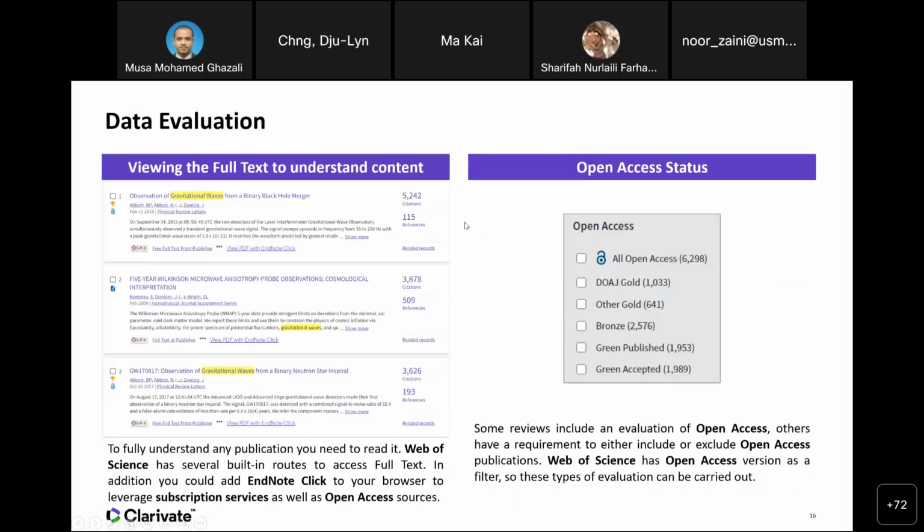So I mentioned about full text access. If there is a full text available, there is always a link to the full text from the publisher. So in this case, you can see here there's a lock icon. This means that this document is open access. So there is a link to free full text from publisher, and that's where you go to access the full